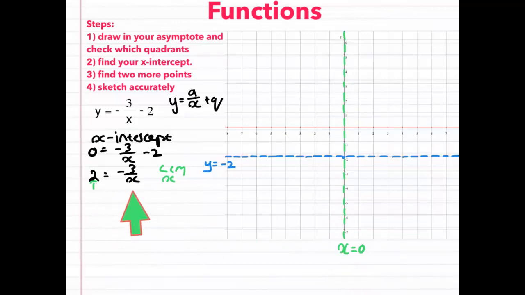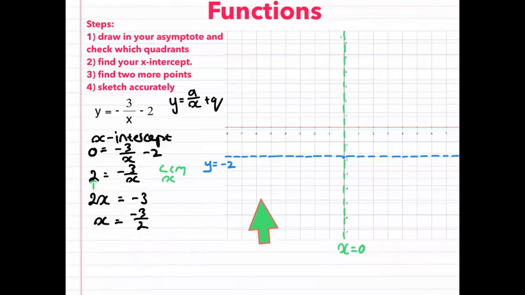Now, let's just continue here. So the LCM: x divided by 1 is x, times 2. That gives me 2x equals, and then x divided by x is 1, 1 times minus 3 is a minus 3. And then we know that x will be equal to minus 3 divided by 2, which is the same as